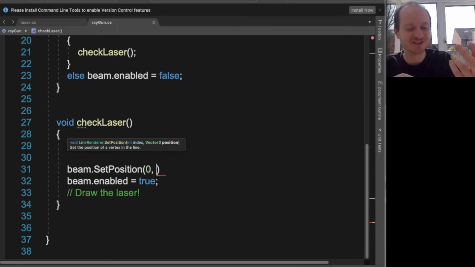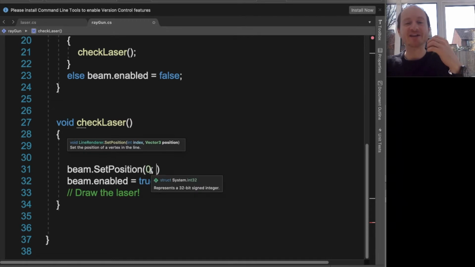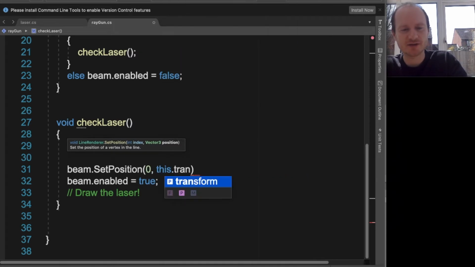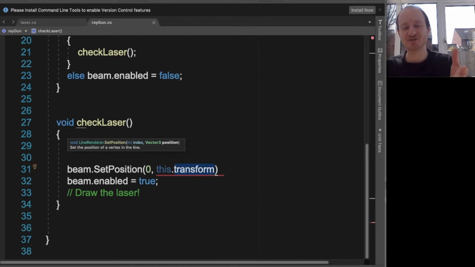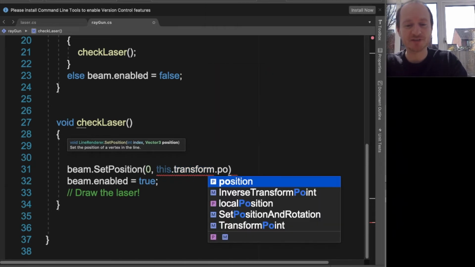I like doing that gesture. We're just going to have two, the start of the laser and the end of the laser. So the start position will be indexed at 0, like I'm determining here, and the end point will be indexed 1. Easy. So our start position wants to be this transform. So that means whatever this script is attached to, that transform. So in other words, our vehicle is this transform. And we want its position